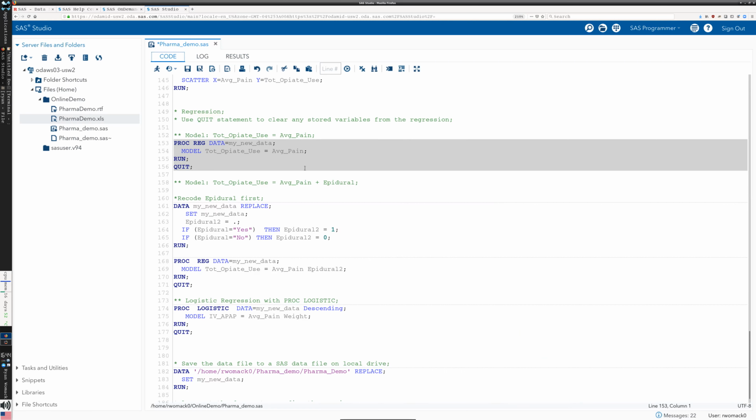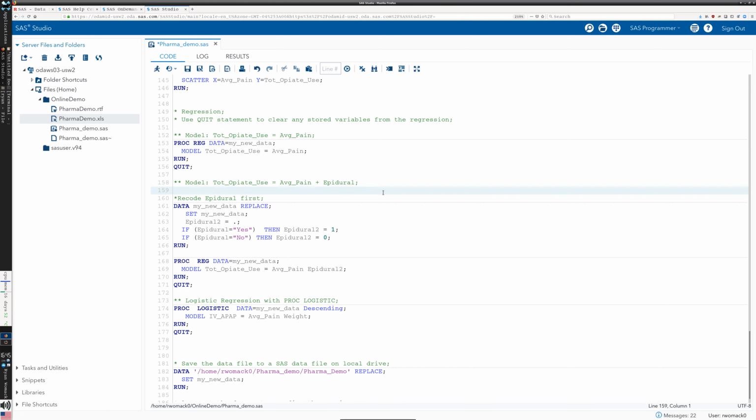If we did want to run a multiple regression, we can just add additional variables out to the right-hand side of our model statement. That's not a problem. And I usually wrap up the in-person sessions at this point. I'm going to go ahead and